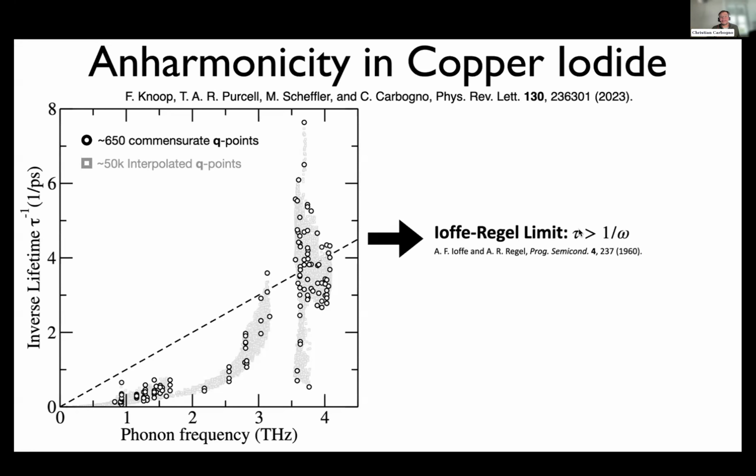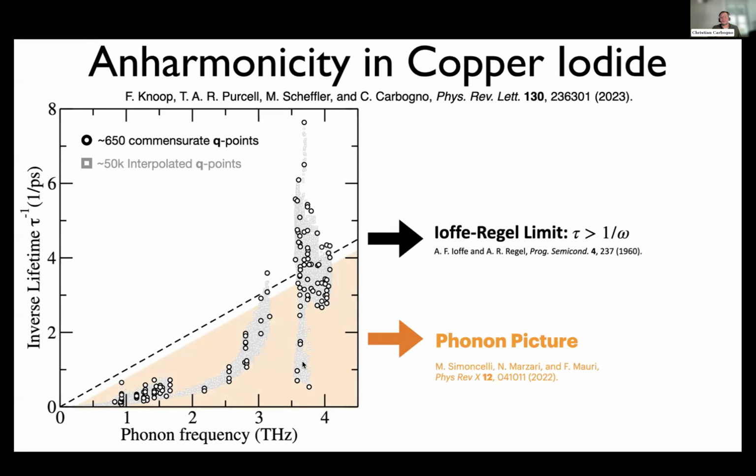That is quite easily understandable. If you have an oscillation that does not even survive a full oscillation period, it's hard to talk about an oscillation at all. And indeed, here in copper iodide, we see that there are many, especially these low frequency phonons,